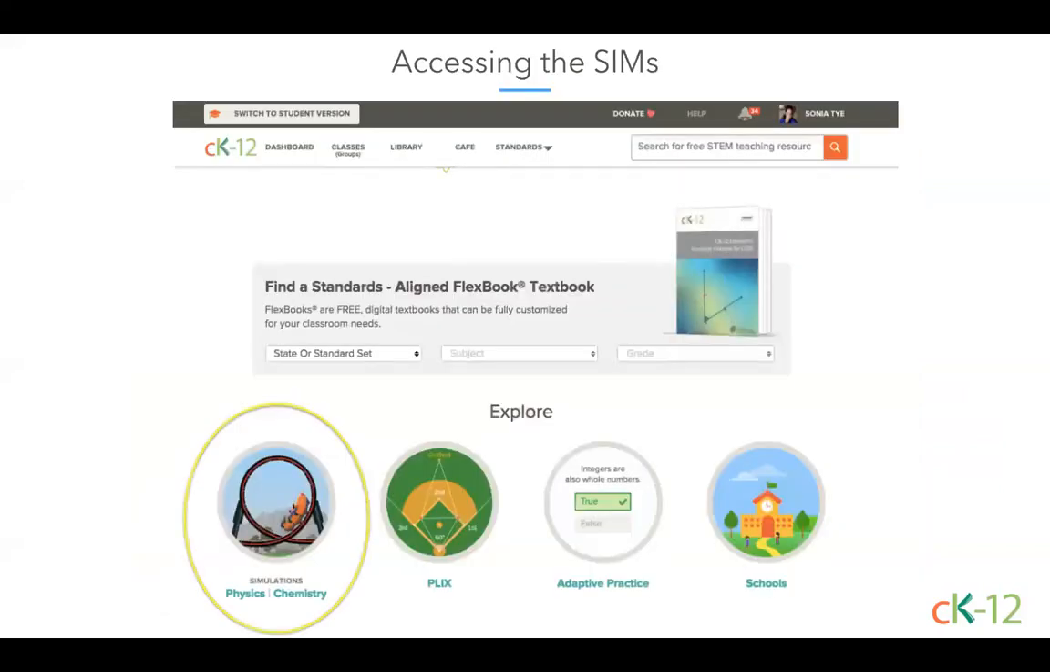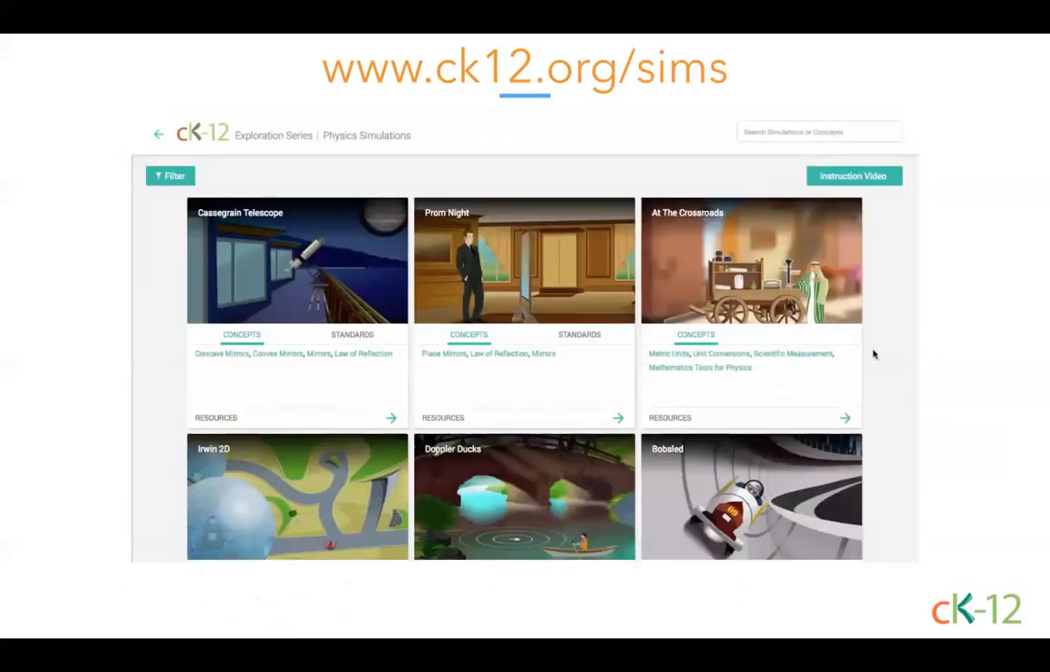All right, so there's many ways to access the Sims from within the CK-12 website, but I'll just highlight the similar pathway that Katie introduced for the PLIX, and you can just click on that simulation icon on our homepage. So this web address, www.ck12.org/sims, also provides a simple shortcut for you, your students, or colleagues that will just direct you straight to the Sims Browse page. So if you want to post that on your class website or in your learning management system,